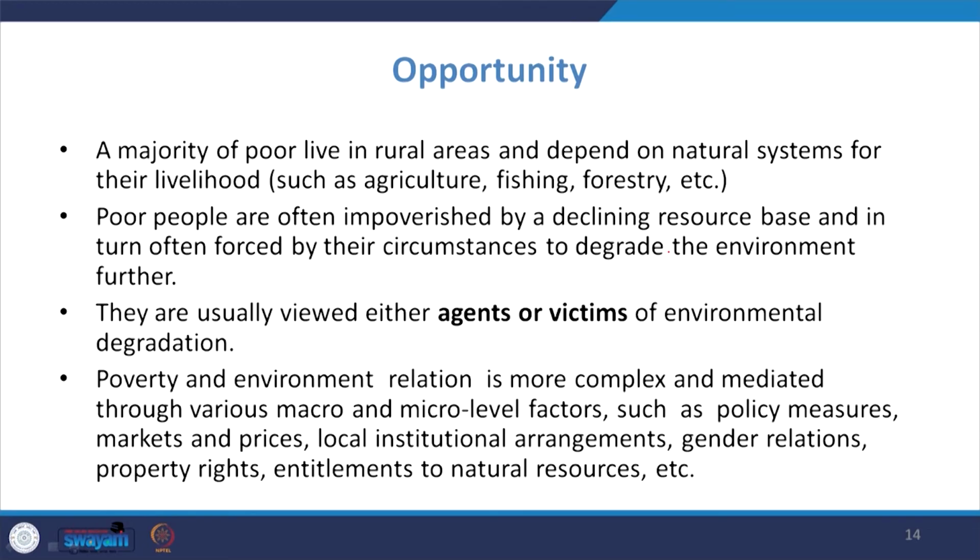They are usually viewed either as agent or victim of environmental degradation. This is very important, that poor people may be considered as agent of environmental degradation, because many analysts, thinkers or environmentalists consider that poverty is the main cause of environmental degradation. So, poor are considered as agent of environmental degradation,